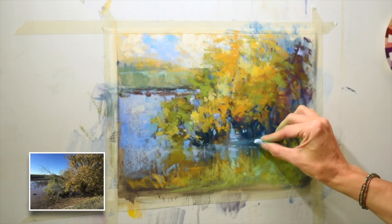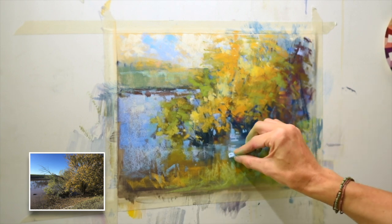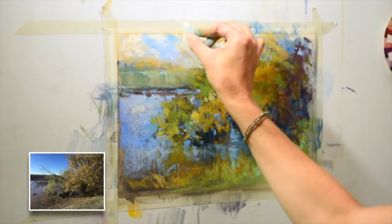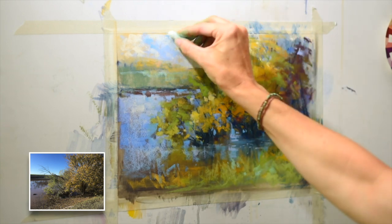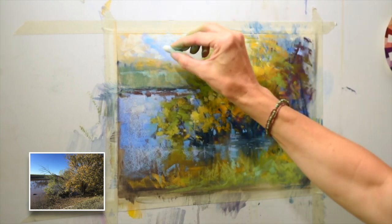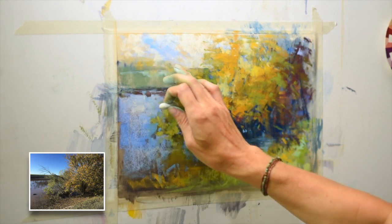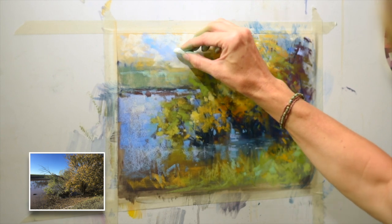For instance, one of the things I don't like about the sky is my sky hole where there's blue sky showing looks like a heart. That might be a great shape for clouds, but it's distracting. And so I need to refine it. Those are always things I'm looking at. I'm evaluating shapes in clouds, shapes in trees, shapes in the reflections, and really editing and having a critique for myself,